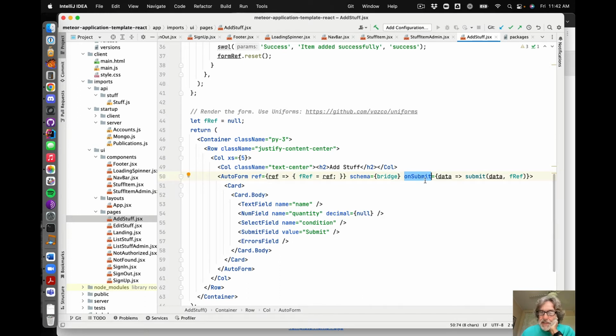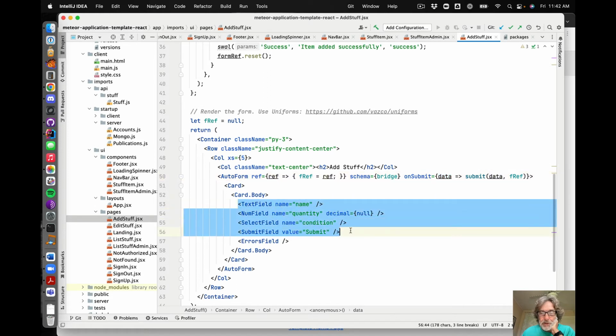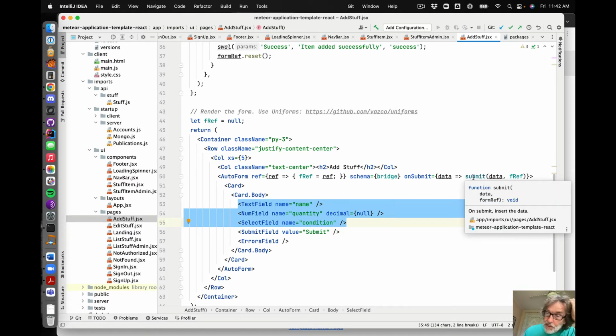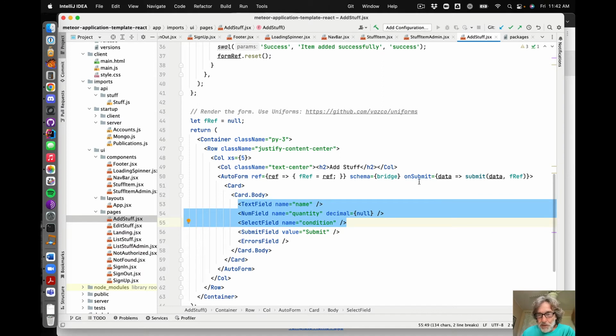The onSubmit parameter needs to take a function, and that function is going to be passed an object which contains whatever the user put into the fields, and then does whatever you want to do. So when the user presses the submit button, uniforms is saying, pass me a function that will handle whatever the user did. Okay, so in our case, we're going to have a function that takes this data object as